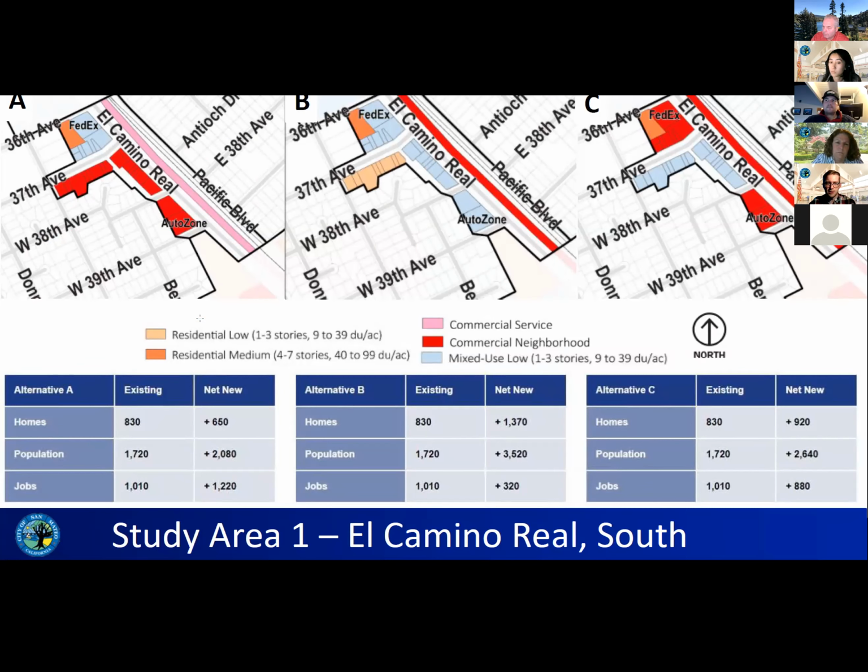What are the parameters we would like to set for what that future development could look like? If the comment is that they would like not to have those high buildings along El Camino, we can certainly take that comment and make sure that we're recording it. But I don't necessarily want to presume that that's what the commenter was suggesting.